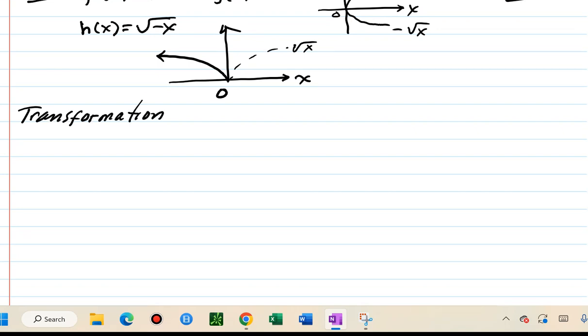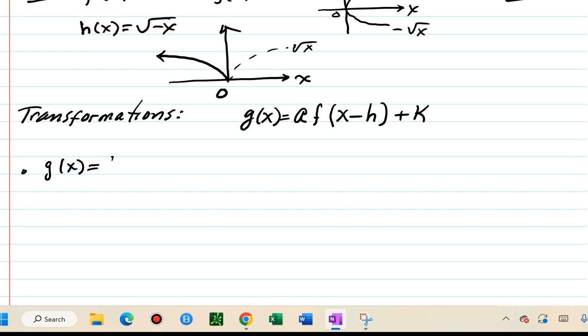With these transformations, we're looking at the transformation of f of x in the form of, let's say, a times f of x minus h plus k, of this form. So let's see, how is the effect of a, h, and k on the graph of the function? So first, if we let g of x be f of x plus k,